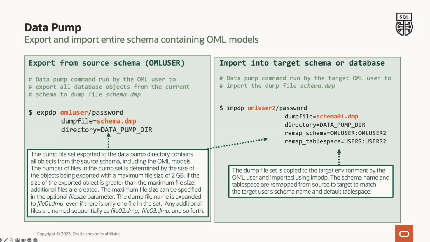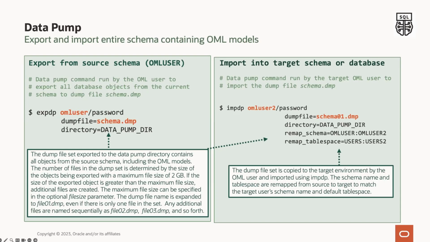As you can see on the left, the OML user exports their schema to the data pump directory, but any directory that is defined as a directory in SQL by the user and accessible to the user will be completely fine and will work. And on the right, we can see that the dump file is saved to the data pump directory in the target environment by the target user OML user2 and imported. Notice here that the dump file name is expanded during export from schema.dmp to